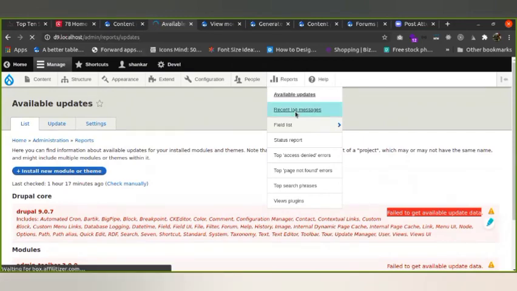This is the main thing developers need to look at. Whenever your website is throwing errors and you are not able to navigate to the front end page, sometimes the admin page will also break. If the admin page does not break, we should navigate to the log messages.